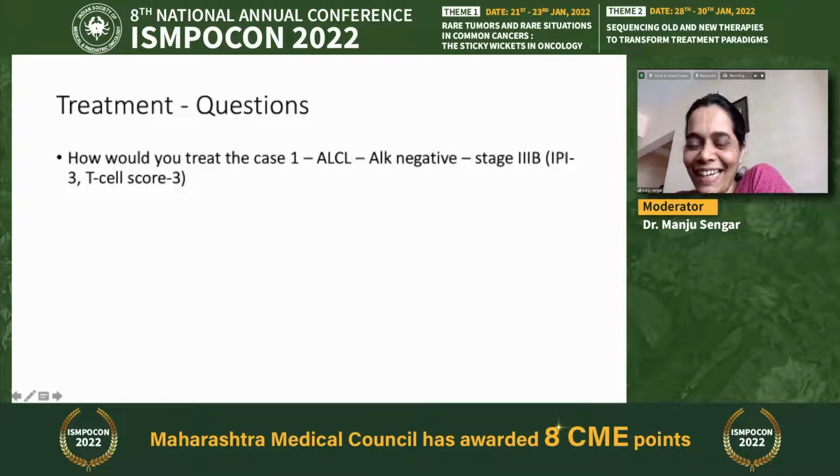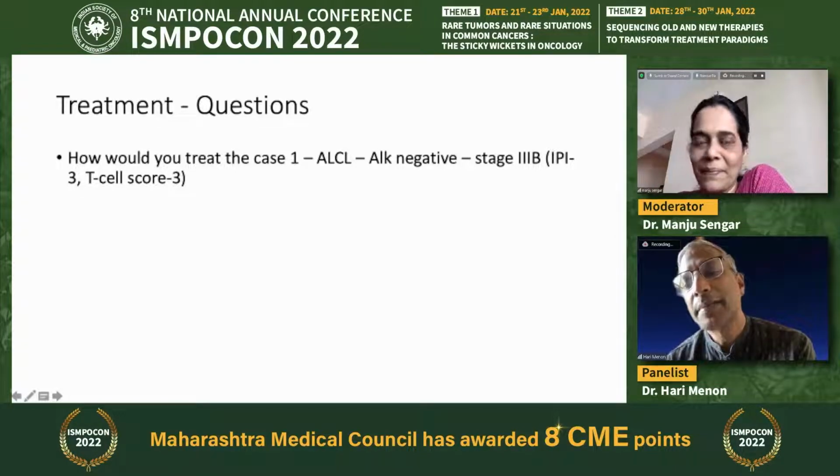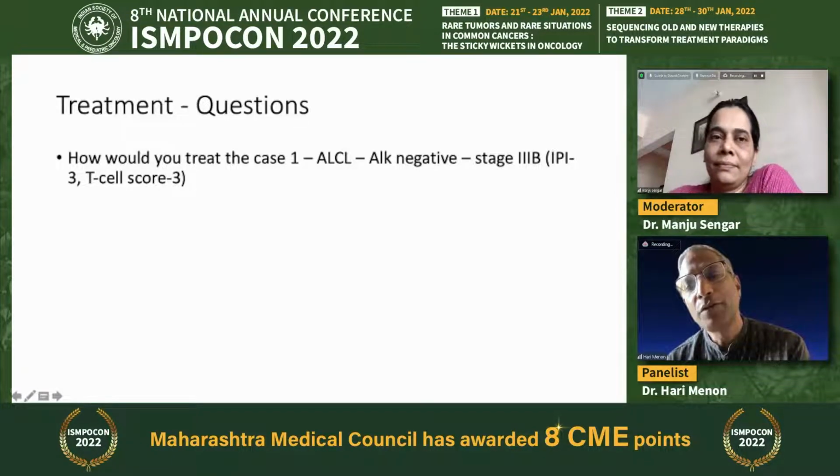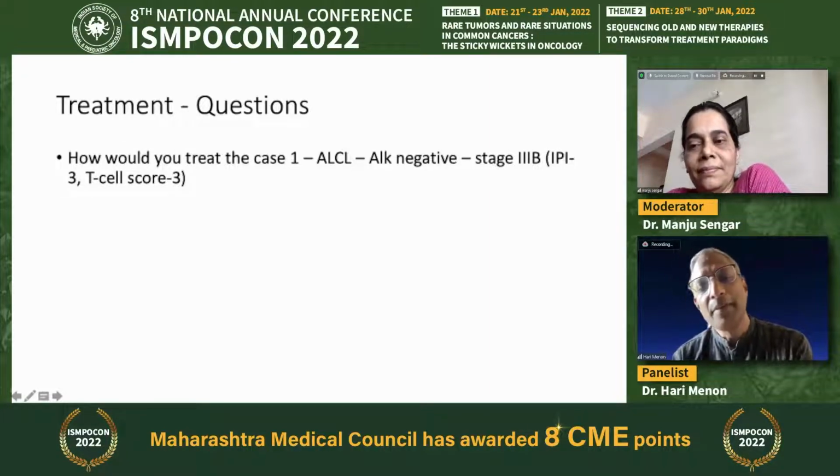So I believe that with the data that's available, ALK negative with DUSP22 behave as well as ALK positive ALCL, so there's really no need to intensify there. We are not sure about ALK negative patients who are negative for DUSP22, but intuitively we tend to use a more intensive protocol in the beginning, and if they fail that therapy, I don't believe that autologous transplant is going to add too much,